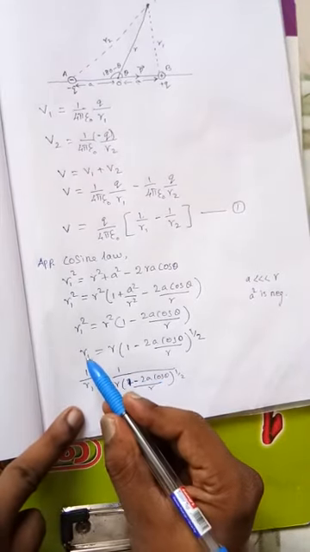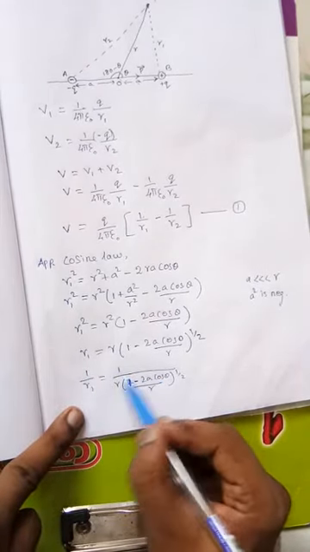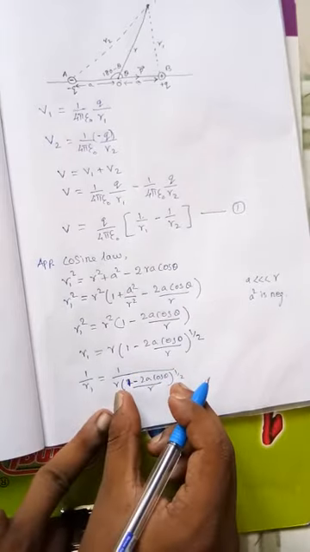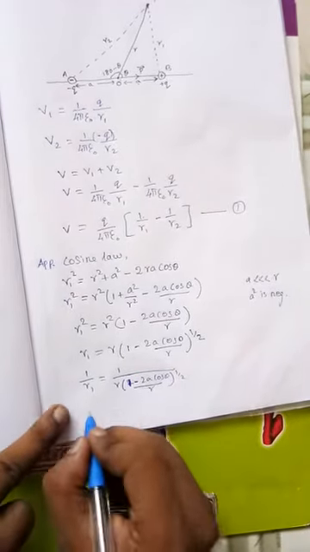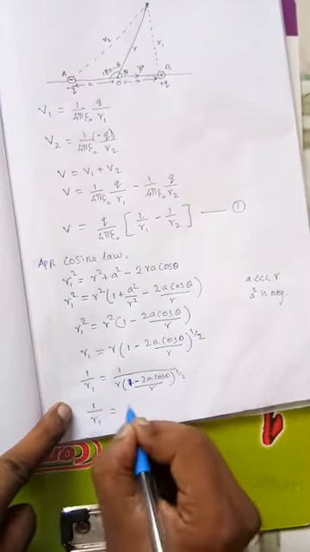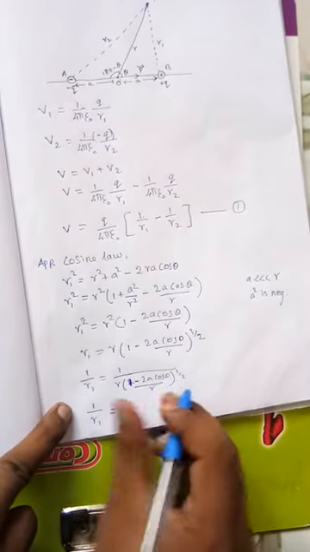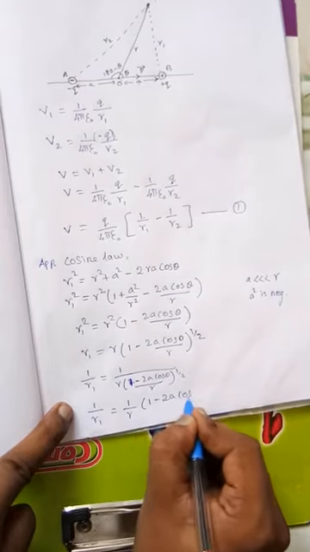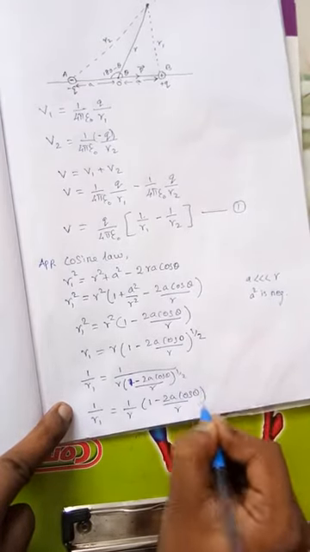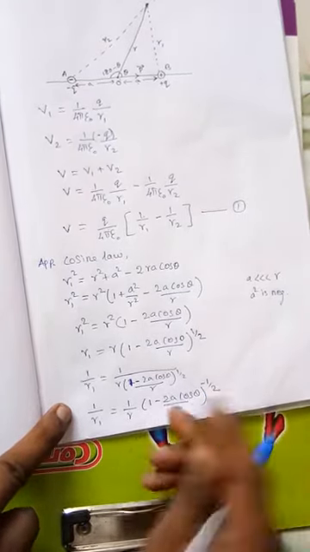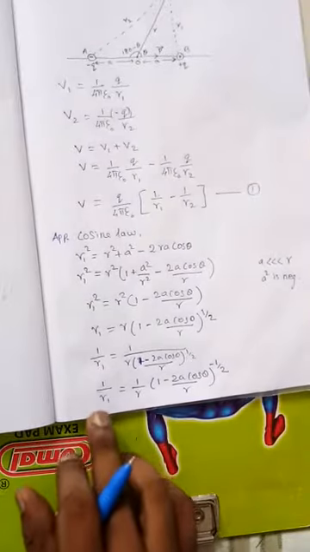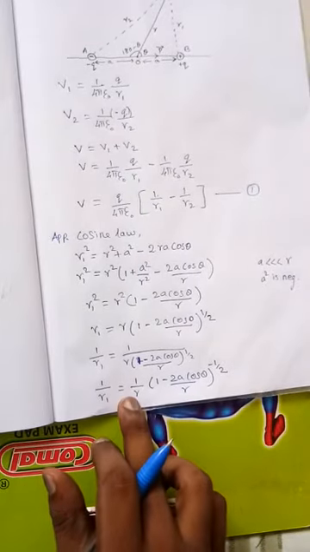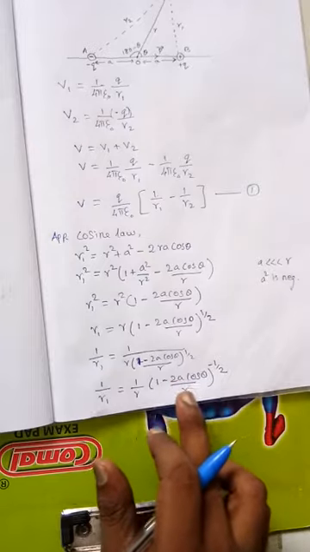Actually, this is the R1 value. 1 by R means 1 divided by the whole value. So this bracket value will move to the numerator. So 1 by R1 is equal to 1 by R, this bracket value moves to the numerator. So (1 minus 2a cos theta by R) whole power minus 1 by 2. So very important, 1 by R1 is equal to 1 by R, (1 minus 2a cos theta by R) whole power minus 1 by 2. Here applying